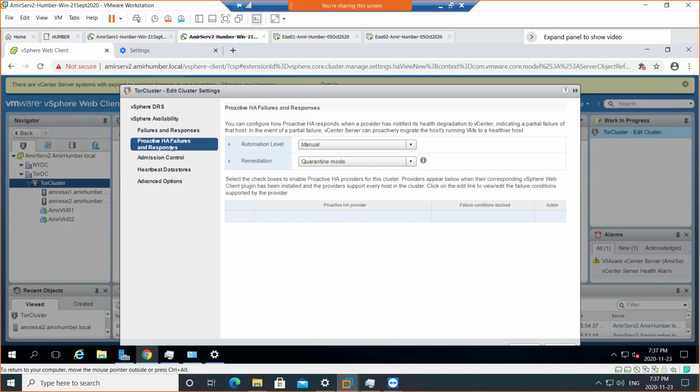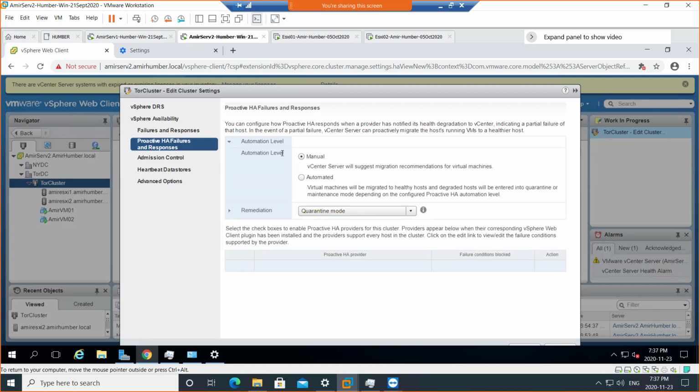Then there is proactive HA failures and responses. This is just talking about proactive. See this? You can configure how proactive HA responds when a provider has notified its health degradation to vCenter, indicating a partial failure of that host. In the event of a partial failure, vCenter can proactively migrate the host's running VMs to a healthier host. So what it says in English is that